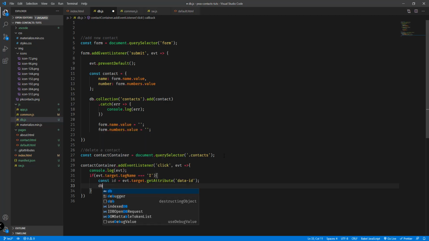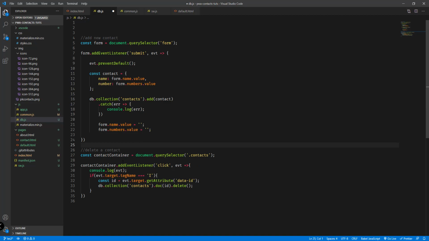So db dot collection, and then open and close parenthesis, we're going to say here contacts, this is our contacts collection, and then doc, and then open and close parenthesis, specify the id, and then the function delete. So this will delete the contact record from our Firebase database. Okay, so after this,